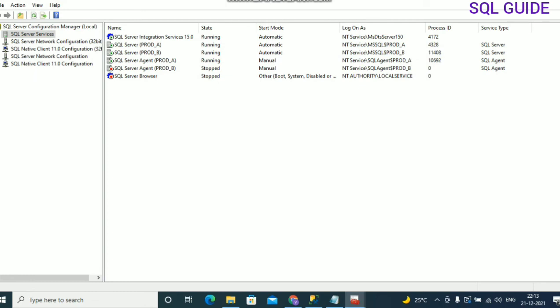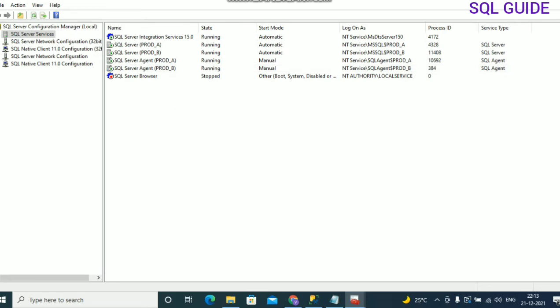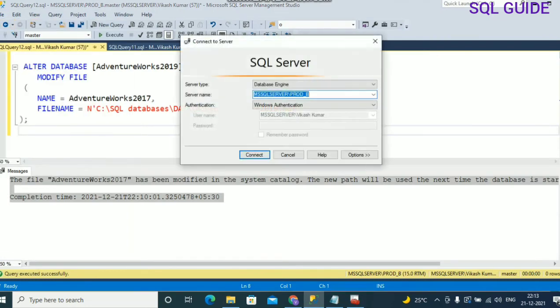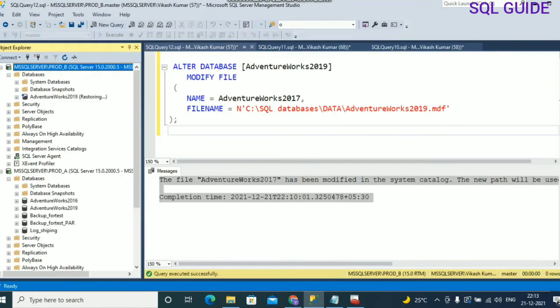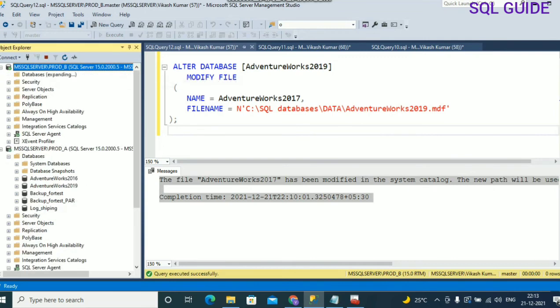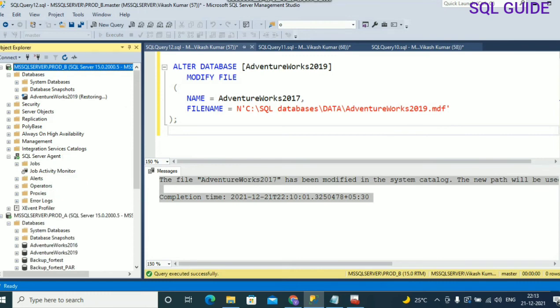You can start the SQL Agent services also, because when you stop it, it started. Now fine. Let's connect to the prod_b log shipping secondary instance from SQL Server Management Studio and refresh. You can see the databases are up, and the agent is also up.